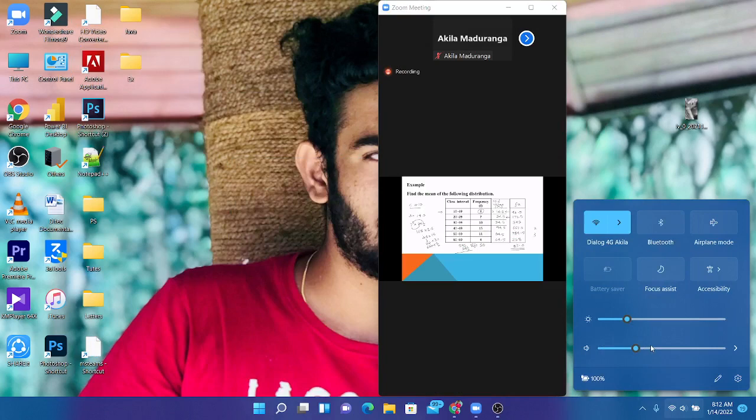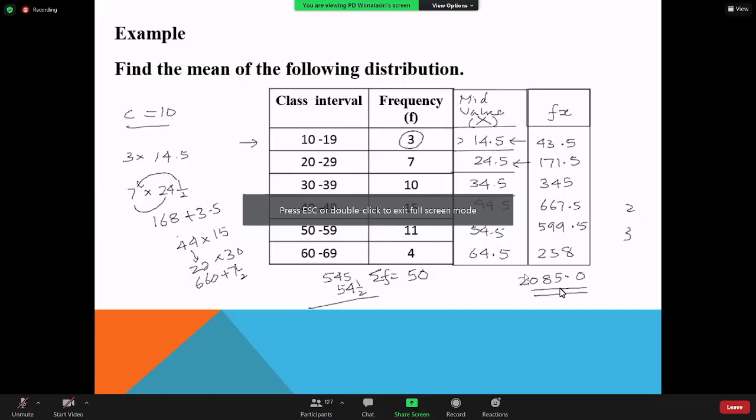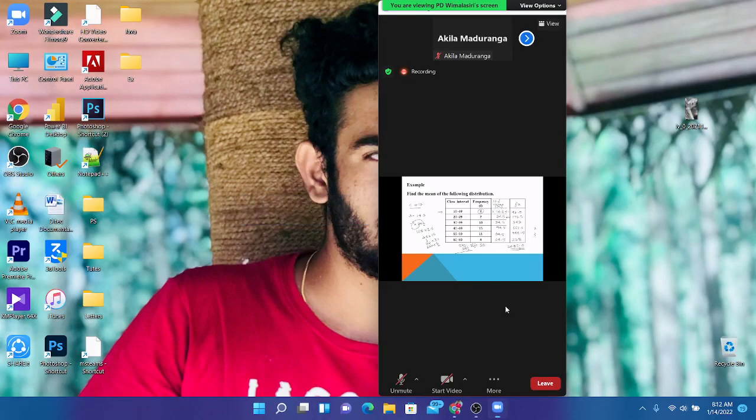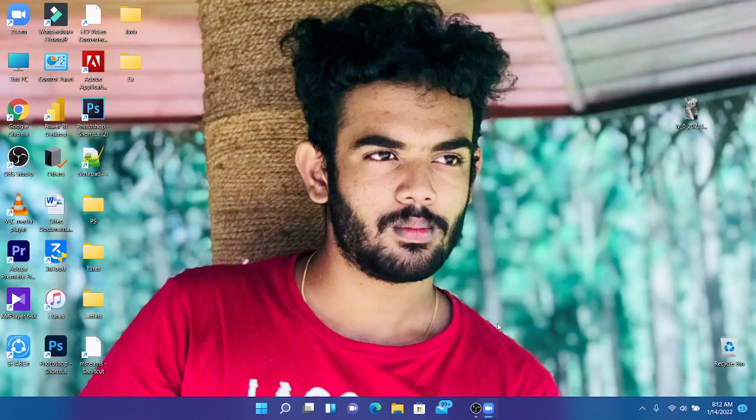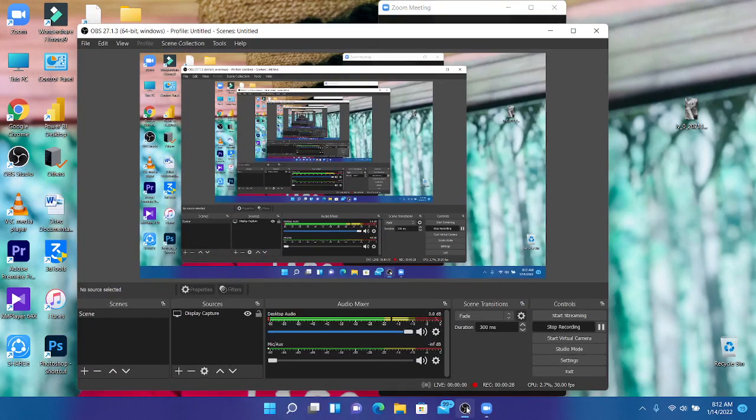4, 1, 5, 3. So this is the total. I did not use the calculator. Now we can calculate the mean value. So what we have to do to find the mean value,